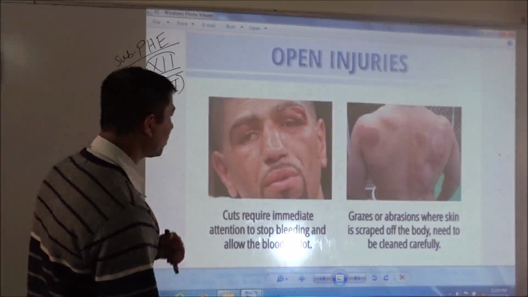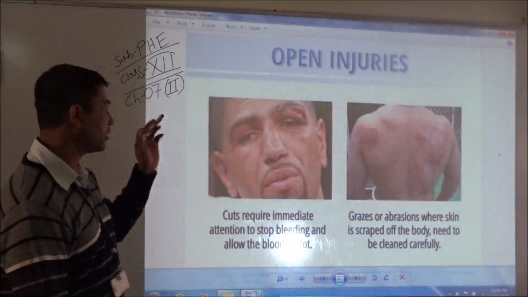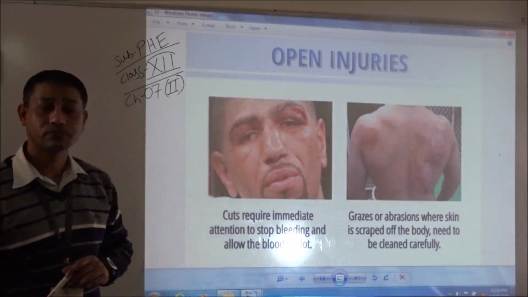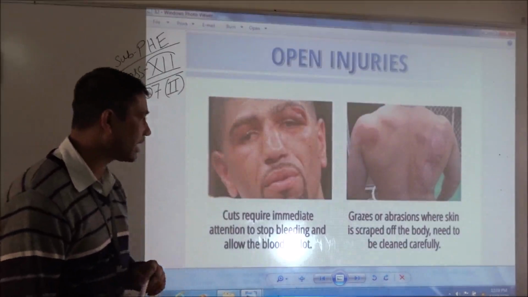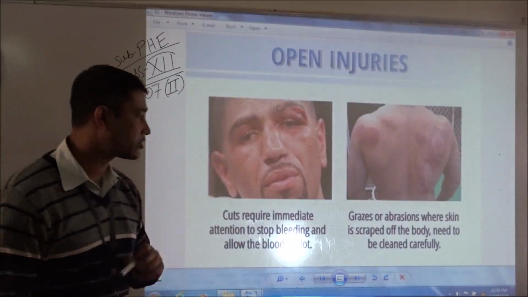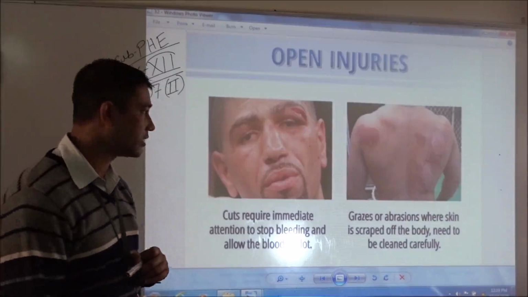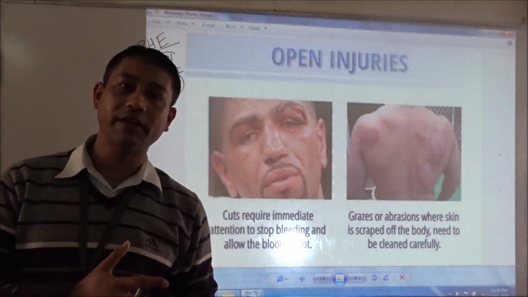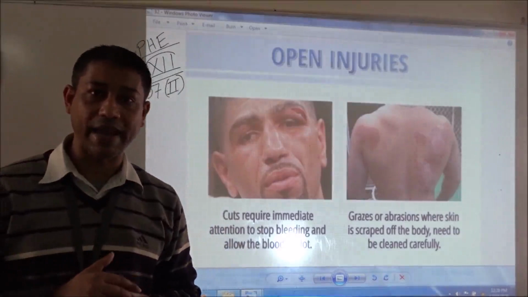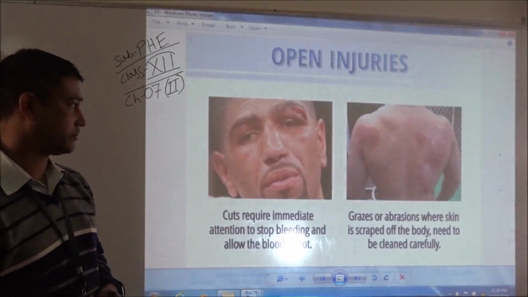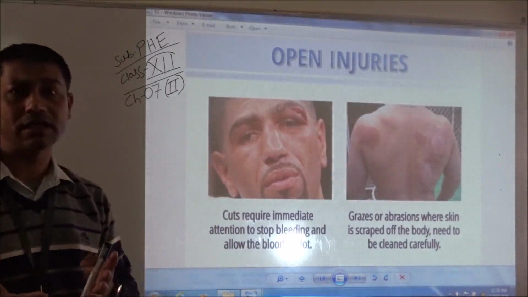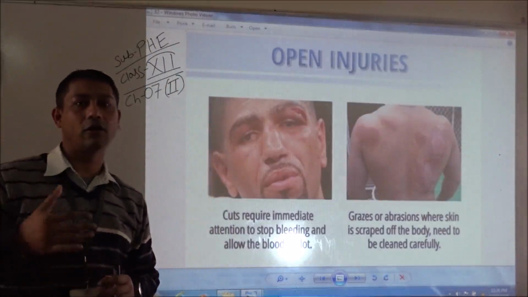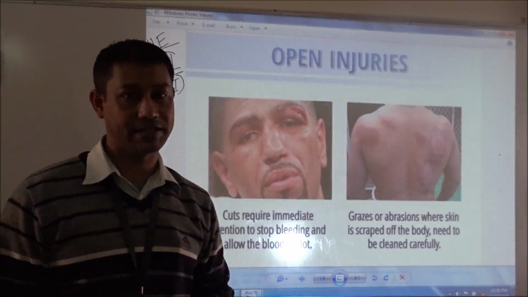Now, here I am with some examples, students. As you can see, open injury, see the image. Now, there is a cut on the eyebrow. On the other hand, abrasion is a soft tissue injury where the part of the body gets rubbed against a rough surface. So these are all visible from the outside, with our open eyes, where we can see bleeding occurring on the superficial layer of the skin.